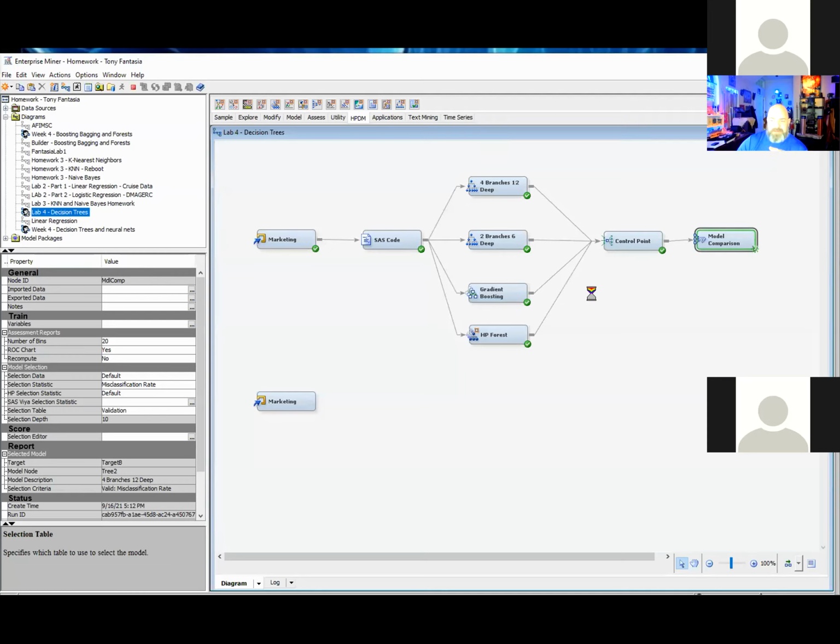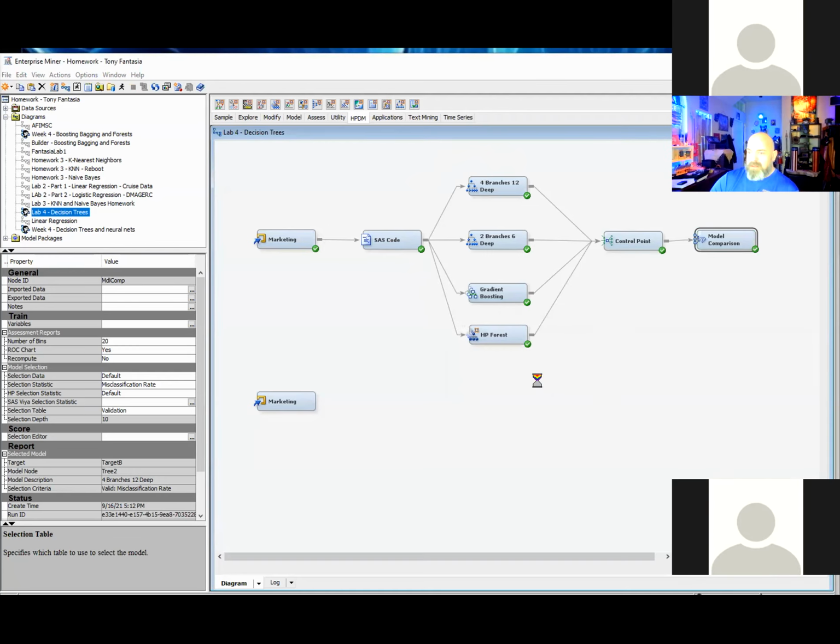Did you set yours up the same way with all 4 of these connected to the SAS? And did you use a control point? Is this similar to how you constructed it? Okay, cool. All right, so then for the results,